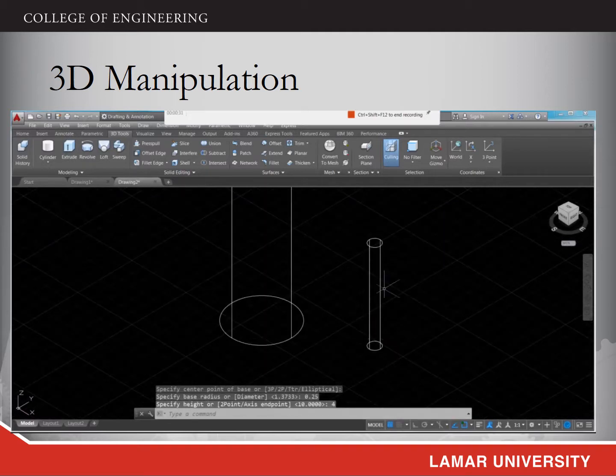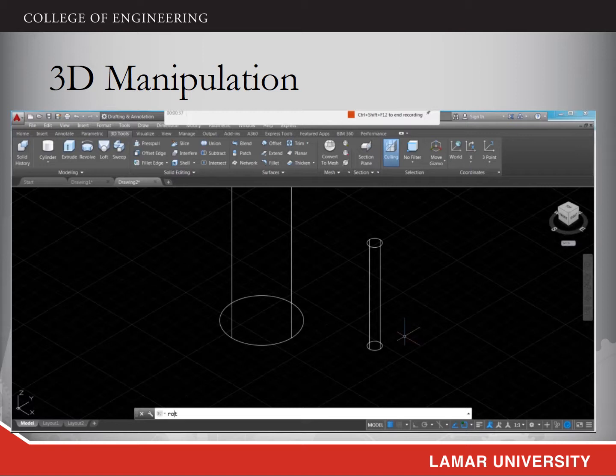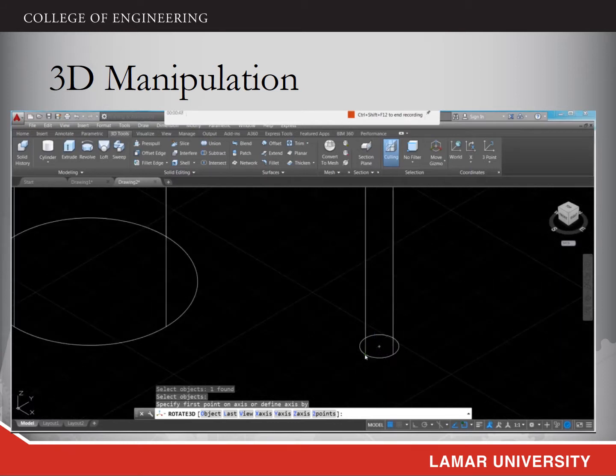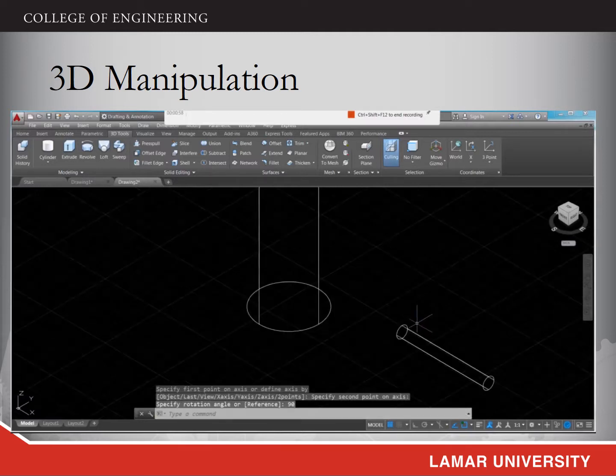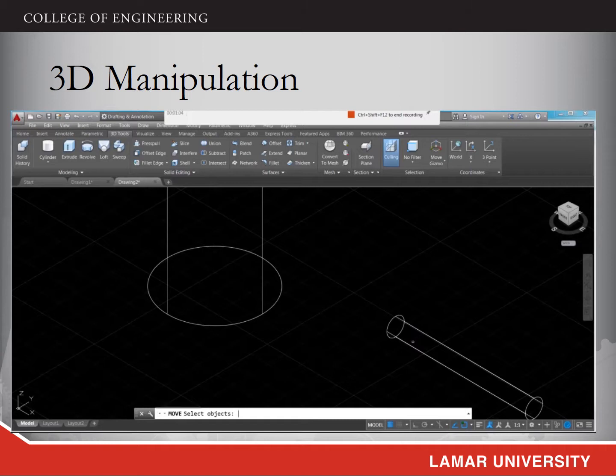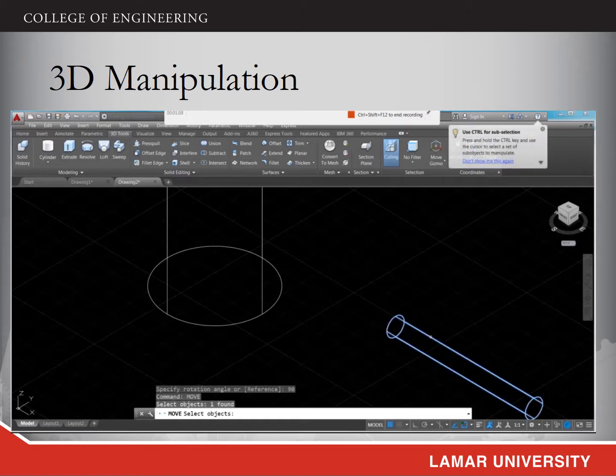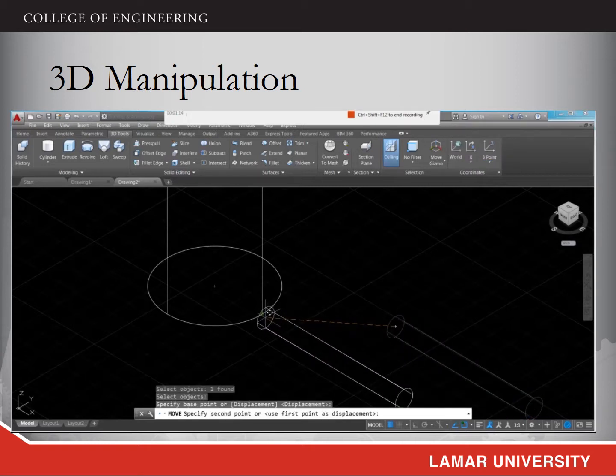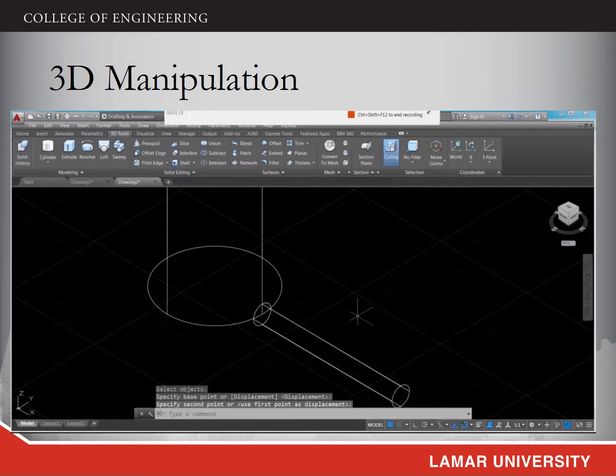And next step, you have to rotate this cylinder to make the cylinder aligned on the XY plane. So go to the Rotate 3D, choose the object, and then use the 2 points to identify the axis. Select the first quadrant point and the second quadrant point, and then specify the rotation angle as 90 degrees. Now you rotate this cylinder to the XY plane. And next step, for the move command, choose this object, and then select the center here, move this object to the quadrant point of the base,